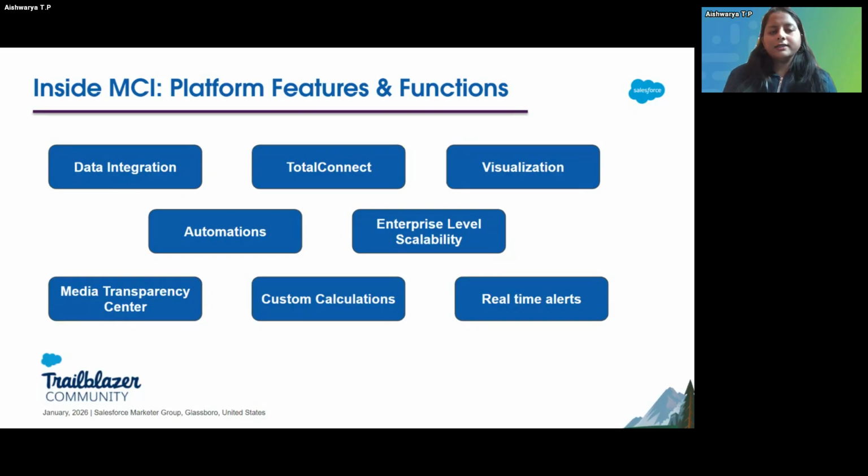It is still existing. And if you are currently using Marketing Cloud Intelligence, you can very well adapt to Marketing Intelligence. There is a SKU for Marketing Cloud Intelligence users as well, that is Marketing Cloud Intelligence plus Marketing Intelligence. Most of the features